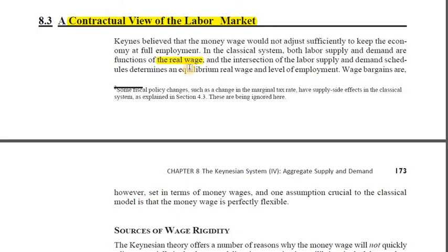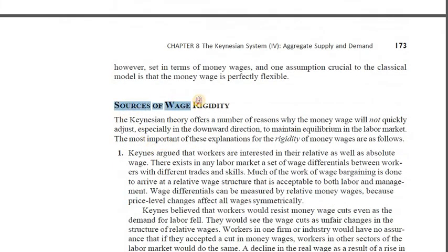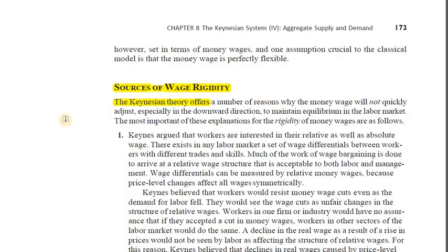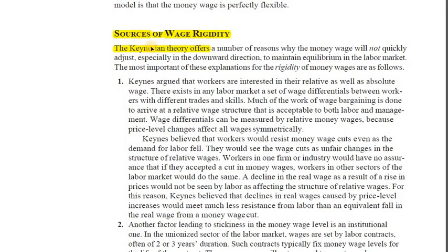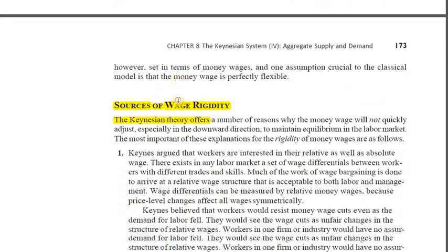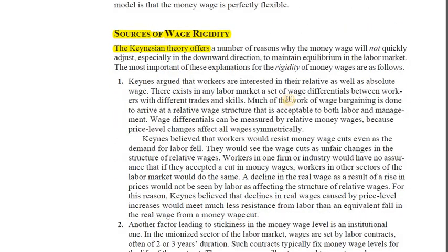But the Keynesian system is of the view that no, wages are not very flexible. In fact, wages are rigid, and wage rigidity is something that we are to study here. And intuitively also this is quite simple. People or the labor are not willing to immediately lower their wages, right? And this is what Keynes has to offer in his theory, that is the Keynesian theory. And basically there are certain reasons behind the wage rigidity. Various reasons are given. For example, it's been written over here that